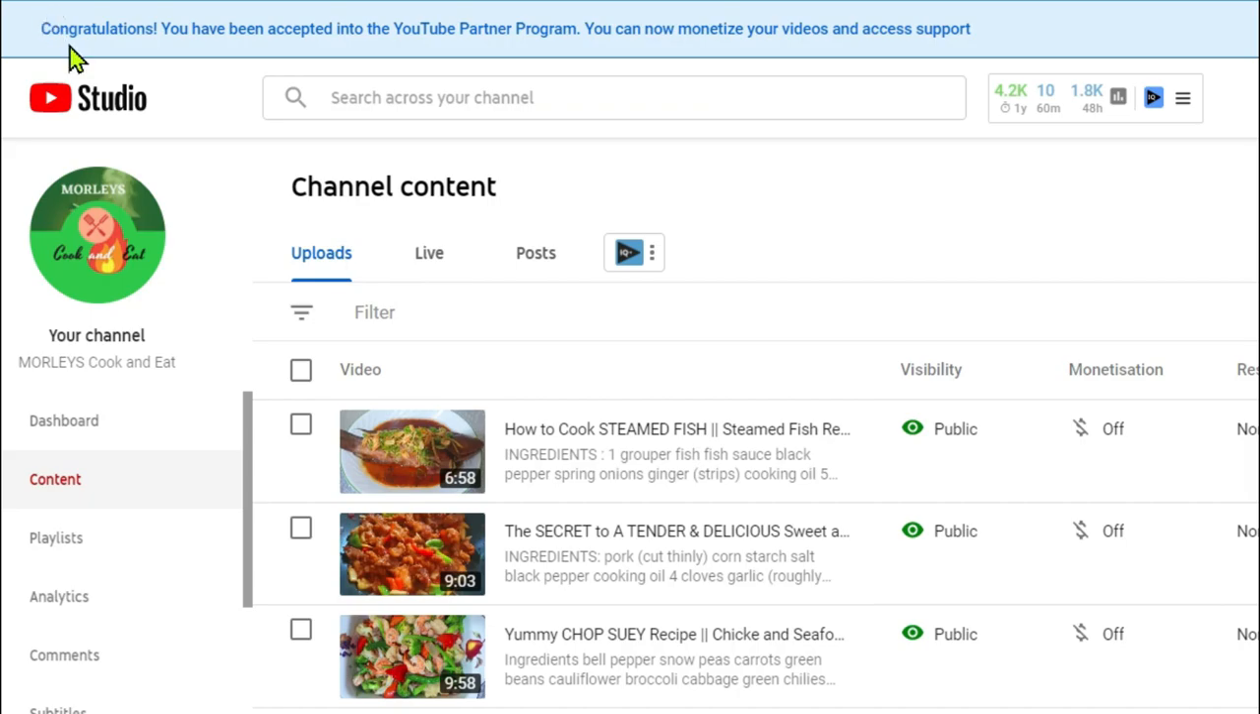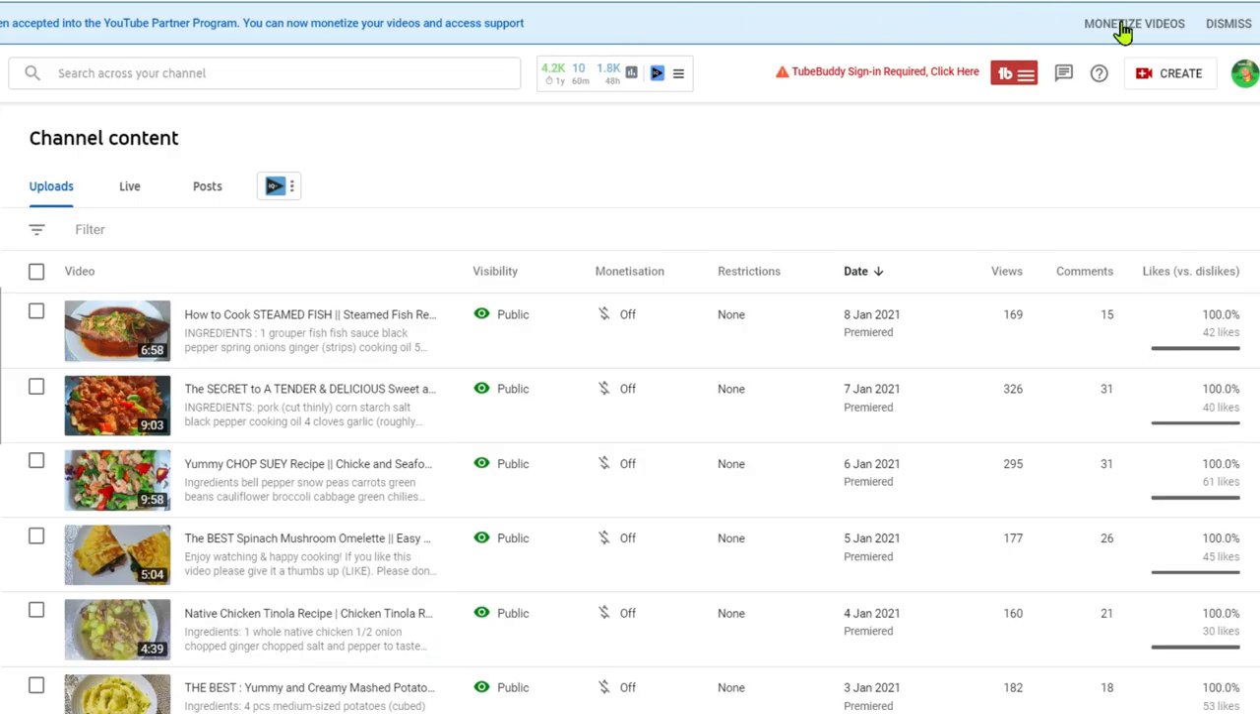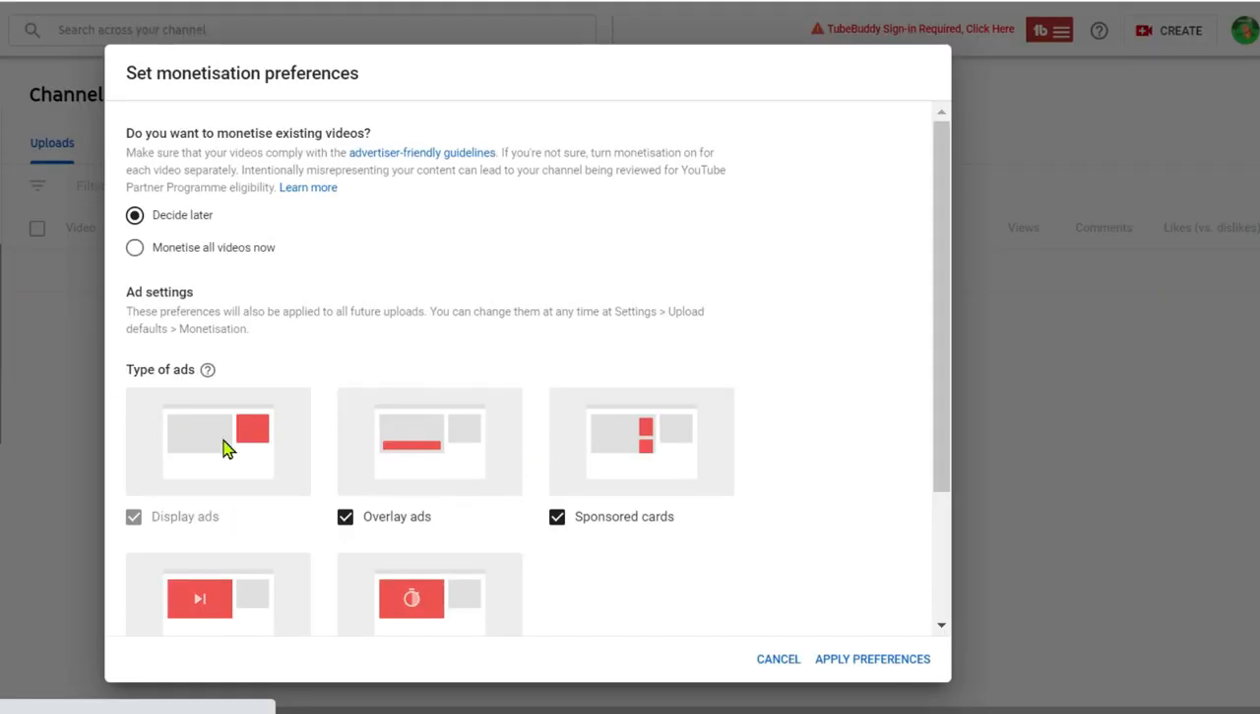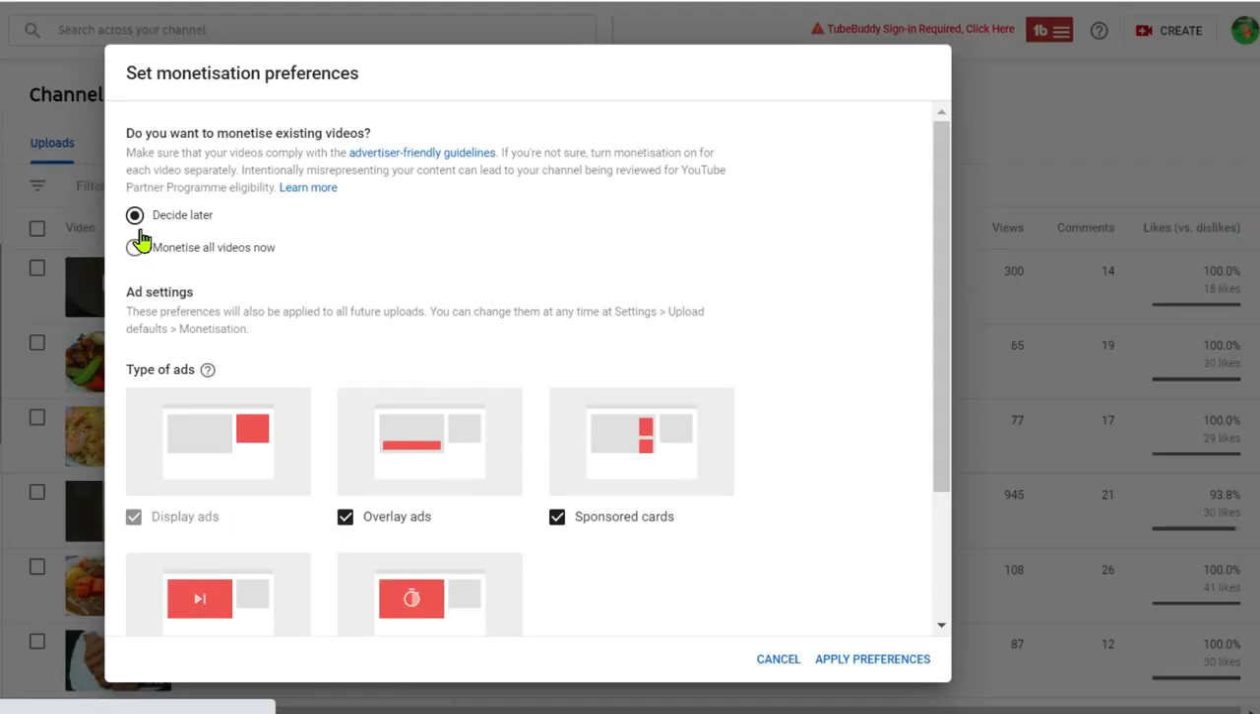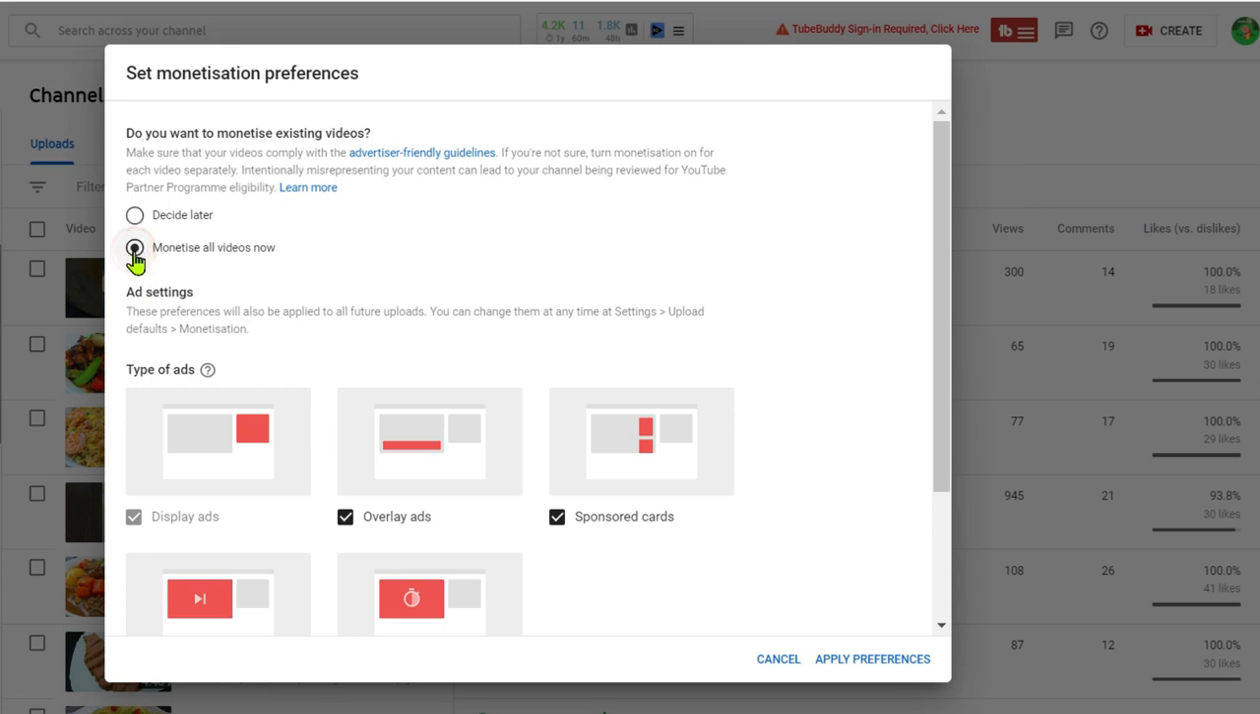If you can see right here, there's a notification that says congratulations, you have been accepted into the YouTube Partner Program. You can now monetize your videos and access support. On the right hand side, there's monetize videos and then dismiss. So what you have to do is just click on monetize videos, and then there are two options here: decide later or monetize all videos now. So I'm gonna click on monetize all videos now